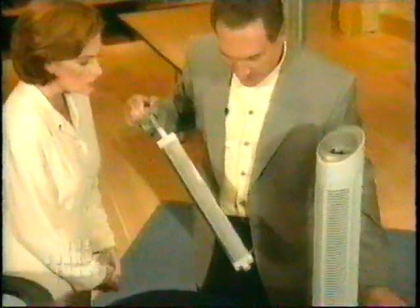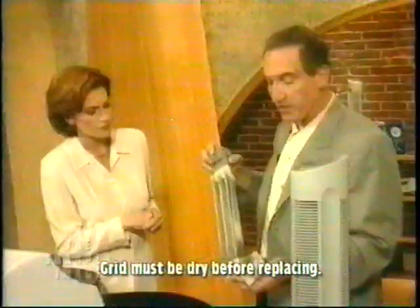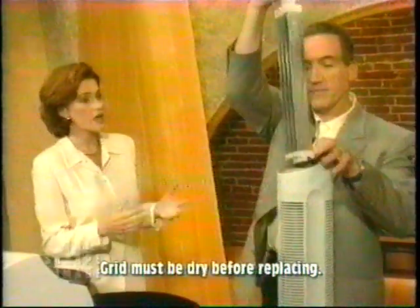Now look at this. There's a comparison. Okay. Here you just simply pull out the collection grid, take a damp sponge. And that's all it takes. That is so simple. There's nothing to take apart or put back together. You just snap the unit in when you're done, and that's all there is to it. And there's nothing to buy. It's so much easier. It's so simple. The light comes on. That means all you have to do is pull it out and wipe it off, put it back in, and that's it. I mean, that's good for me. I got other things to